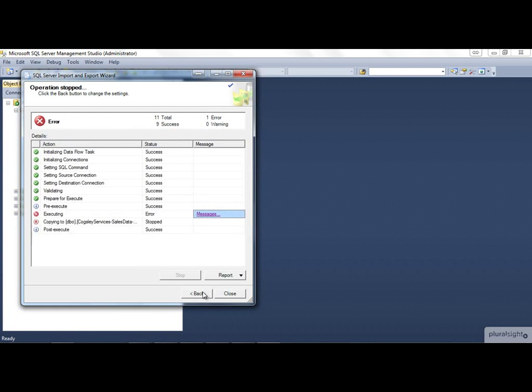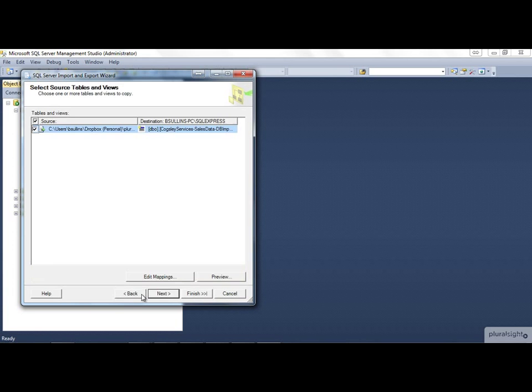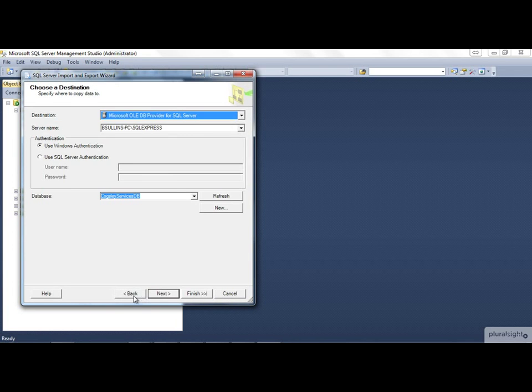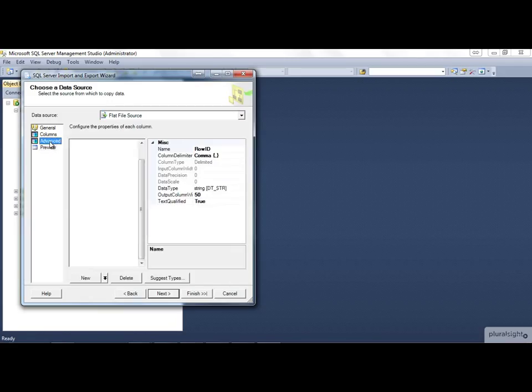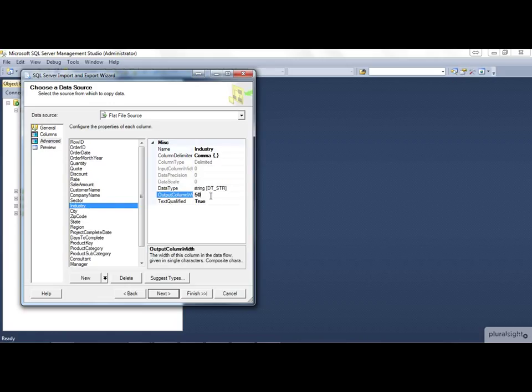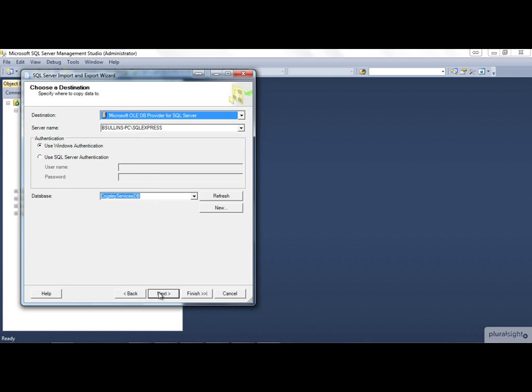So still getting that same error, which means it's not our destination table. It's actually all the way back to our flat file source under advanced. So what's happening here is that the SQL Server tools, and the one behind the scenes here is called Integration Services, is very particular about data types. It's very, very picky about this. So it doesn't recognize that if this field that it's pulling from is greater than 50, the output column width that it's expecting, it's going to fail. And so we have to edit that there as well. So now let me go click next,